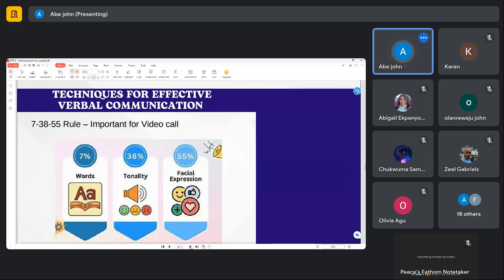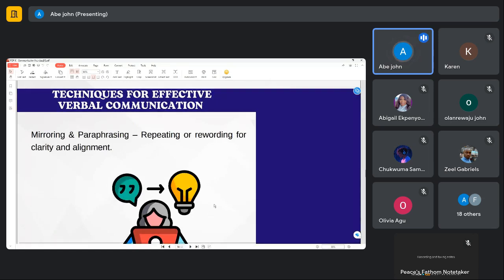And 55% is the facial expression, if you're talking to the person face to face. So your words are 7%, your tonality is 38%, and your facial expression is 55%. We also have mirroring and paraphrasing, that's repeating or rewording for clarity and alignment.